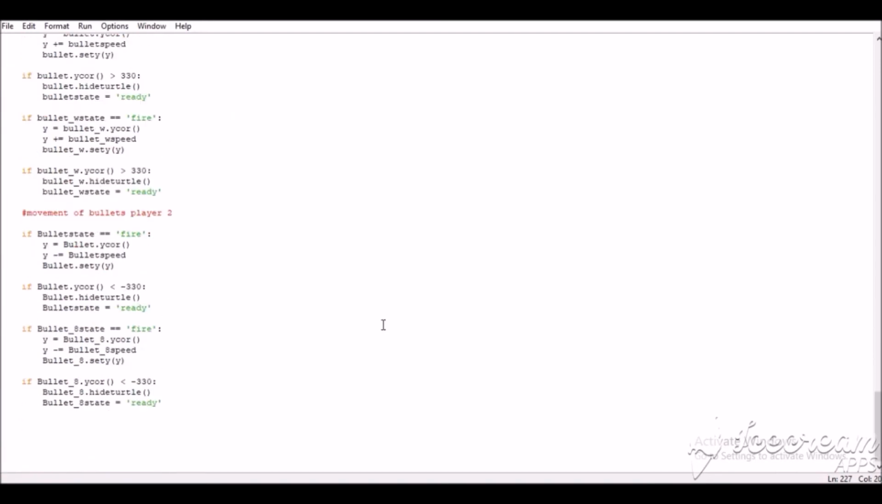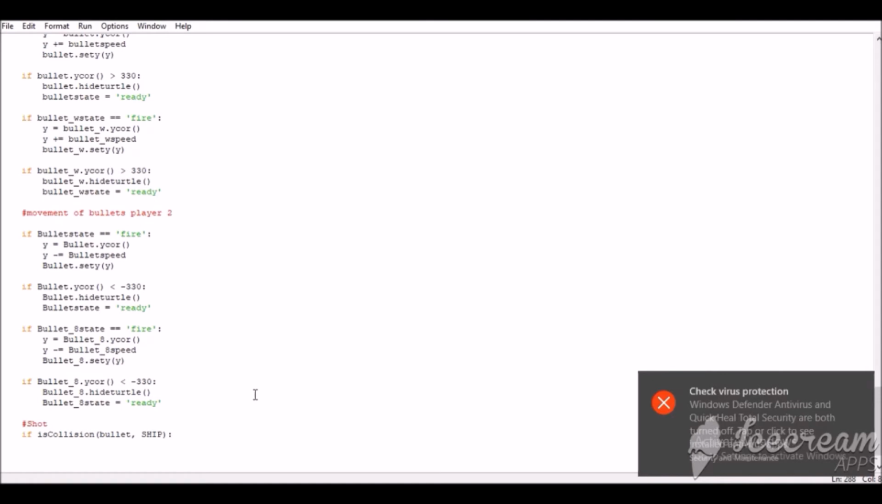Now I am going to use the collision function. I am naming it short. So if there is a collision between bullet and ship, where bullet is a small bullet of player 1, and ship means player 2, capital SHIP. So if this collision happens, then